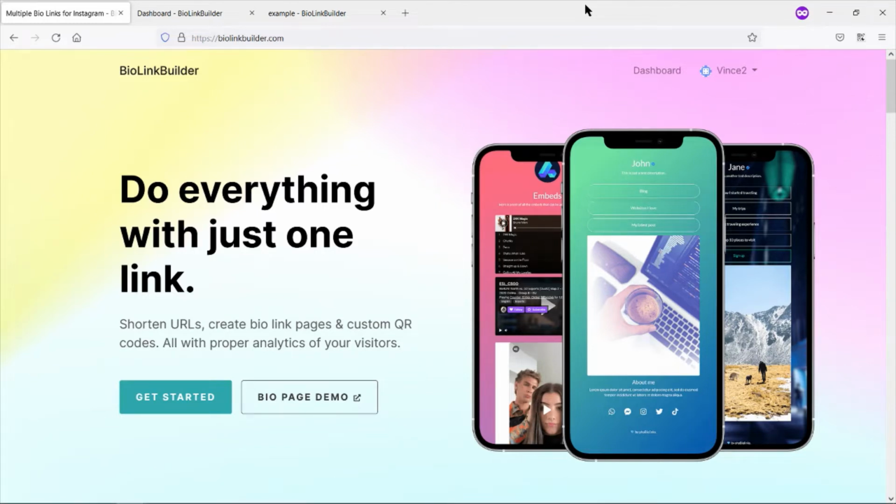Today I'm going to give a quick tutorial on the functionality of BioLinkBuilder. But before I do that, I'd like to just give a quick overview of what the program's all about for those that haven't registered. So if you've ever tried to create a TikTok or an Instagram profile, you'll quickly realize